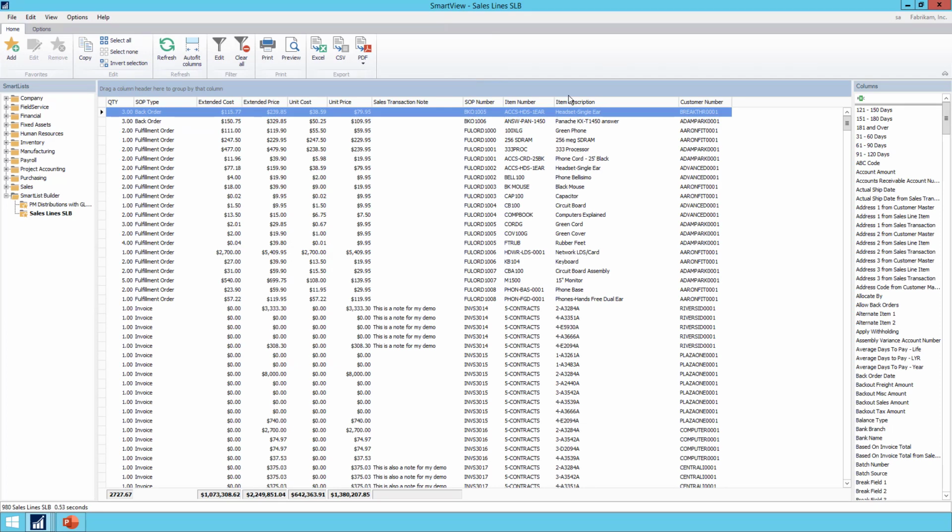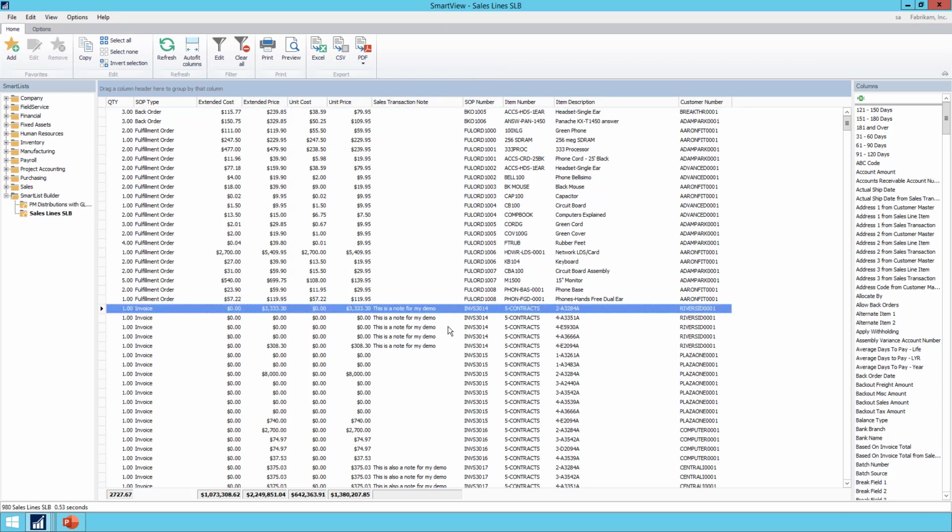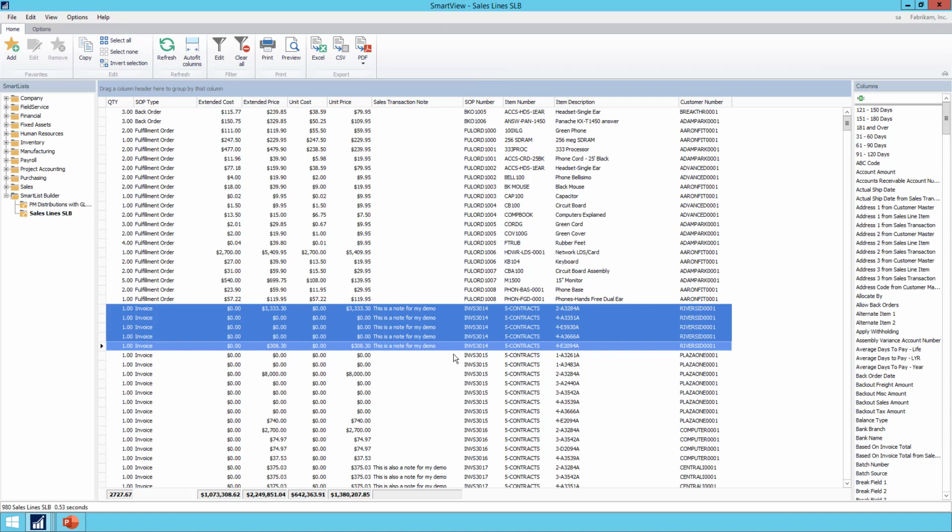Now I might want to change the order of fields. I might want to make some changes to this, but we have our basic list. My transaction notes, you can see this invoice here has 4 or 5 lines on it. So that's why I see that same note 5 times. So we're pulling in that nice note, as well as if I filter this by returns,